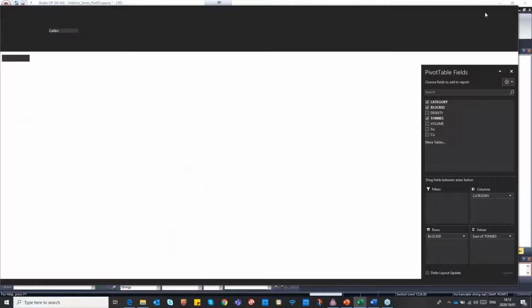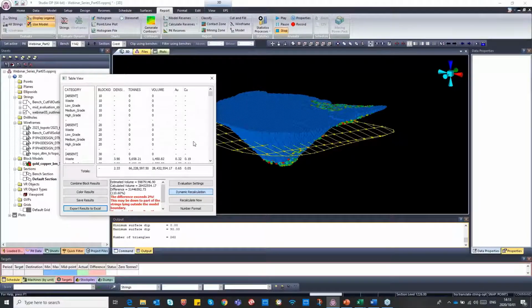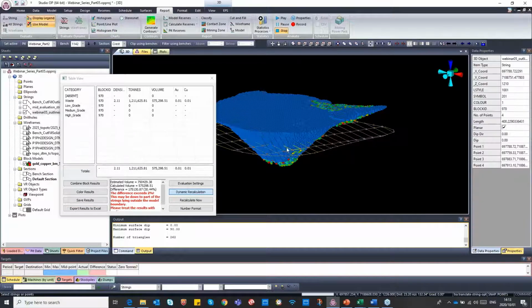So I am going to minimize that. And another thing is that let's say you want to, for example, select one block that you have here. You will see that I get the results of that specific block that I've selected, which is this small block here. So we also have a